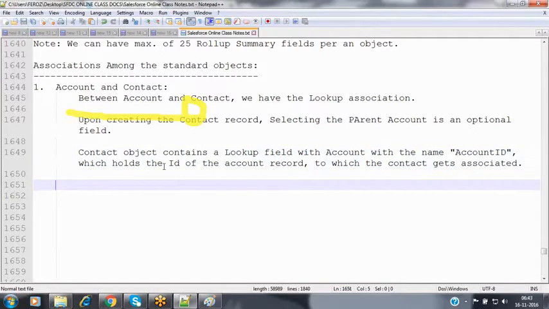That is, the contact record is associated with an account, and that account record ID will be stored inside the account ID field here.